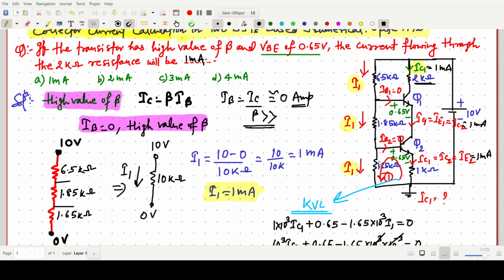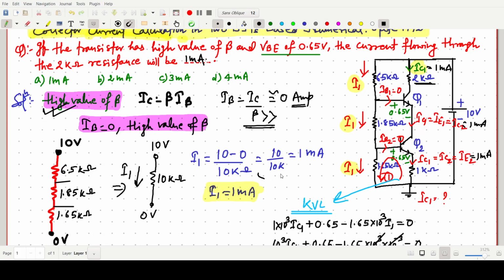If we know this value of I1, this voltage we have to know, it is given 0.65. So IC1 we have to find, so apply KVL. So only the network concept we have to utilize there, and some basic BJT behavior. This one is important. High value of beta means current gain is very high. So base current is nearly 0. Also we know the base current is around microampere, but it is clearly mentioned the value of beta is very high, so we have to take it as 0. So this current will be the same. IC1 will be the same. Here also the same.